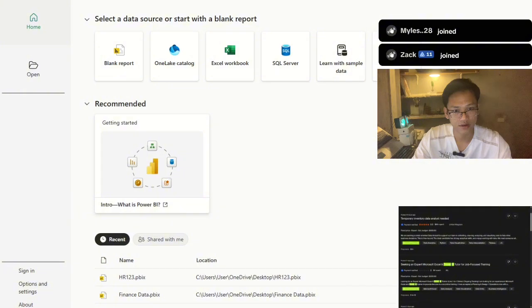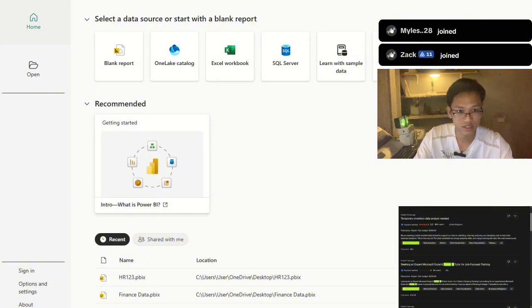Get data from other sources. Power BI can connect to hundreds of different data sources. For example, CSV files, PDF files, SharePoint, Google BigQuery, Oracle, and MySQL. Also Azure, web pages, and Salesforce. One of Power BI's biggest strengths is that it can combine data from many different systems into one report. Next, the recommended section. Below that, you'll see the recommended section.